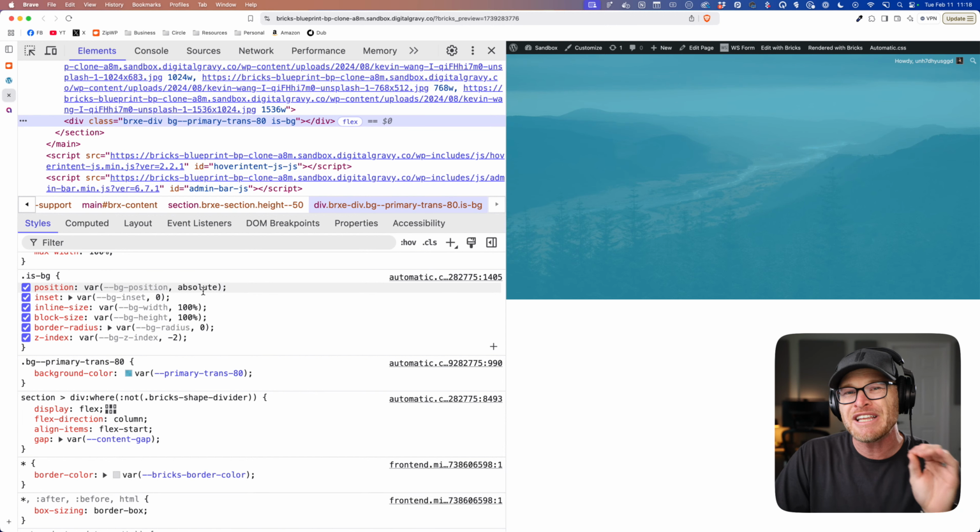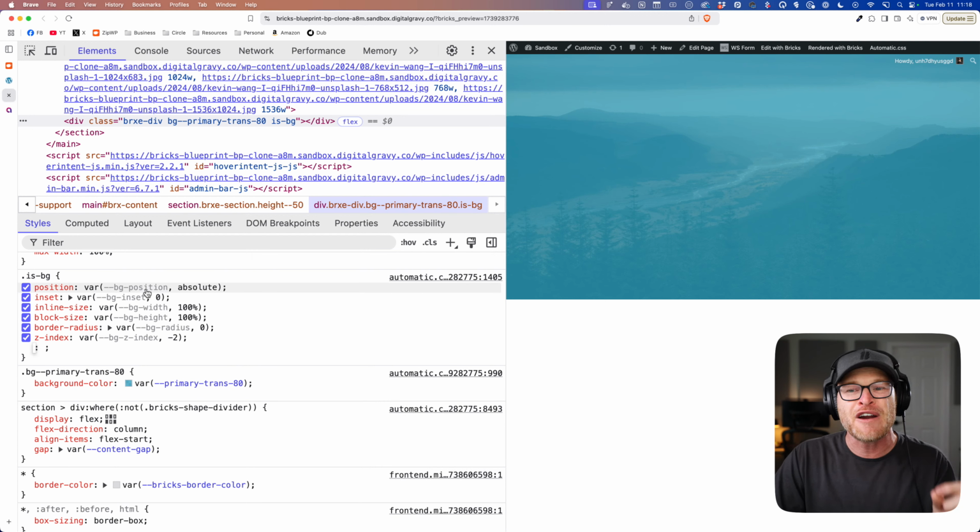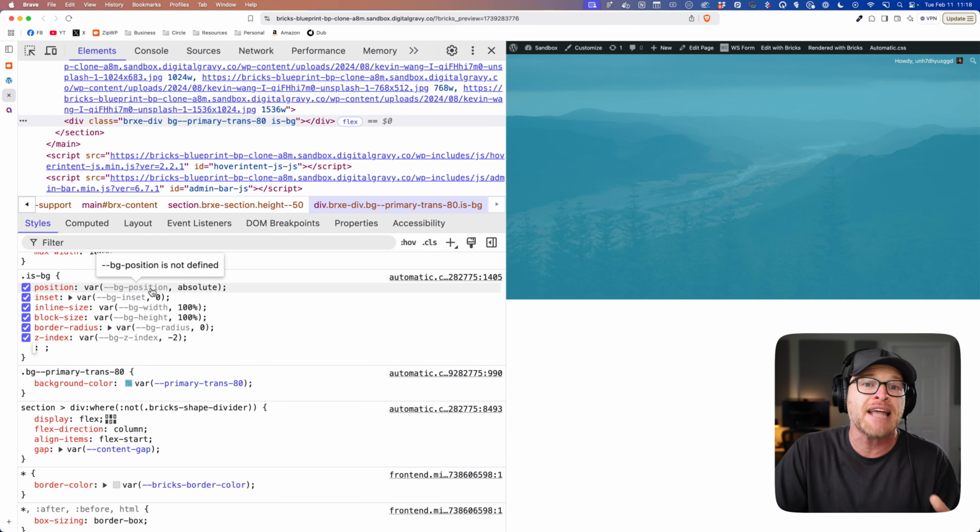One of the advantages is that the specificity of this class is actually irrelevant, because the variable is the primary value, but it has no value. So it's falling back to what we wanted it to be as the default. But when you go to change it, you can change it with essentially any level of specificity because it technically has not been set yet.